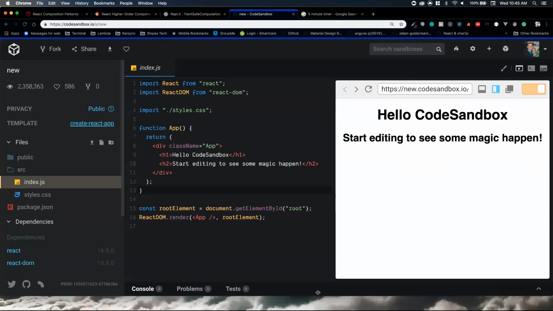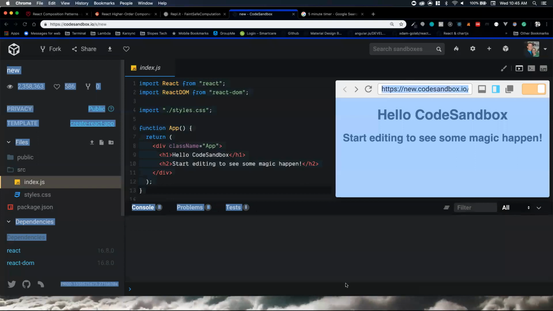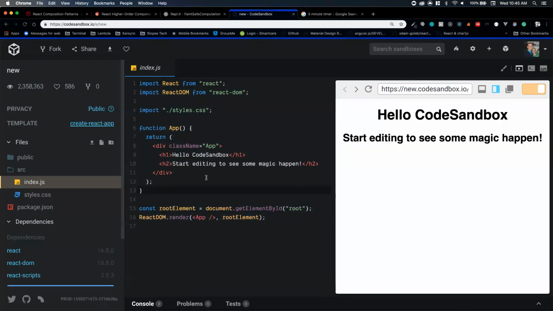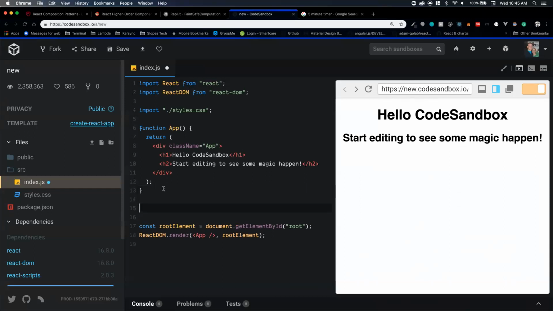Conceptually, I think higher order components are so hard because it's hard to follow the flow of the component from where you wrote it to it being passed into the higher order component and the brand new component that is being returned out of that higher order component. So hopefully working in this file here will help us see what is